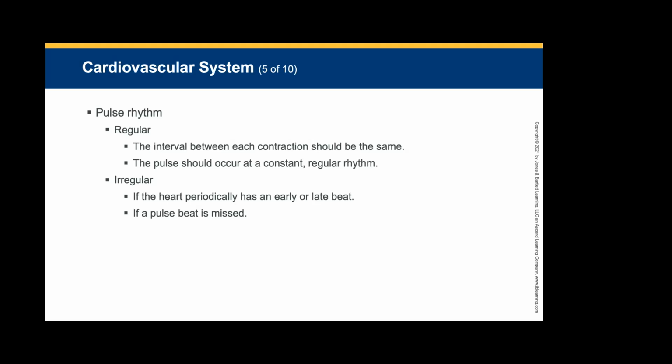If it is irregular, it's either going to be super fast or late, depending on where it's beating in the heart, what note it's hitting. It could be an early or late beat or an extra beat. If they miss a beat, it's the same thing. So you can have an irregularly regular heartbeat, because that is consistent for you. If you have AFib, that is an irregular heartbeat, but that is regularly set for this patient. They're going to know that if they have AFib or anything like that,